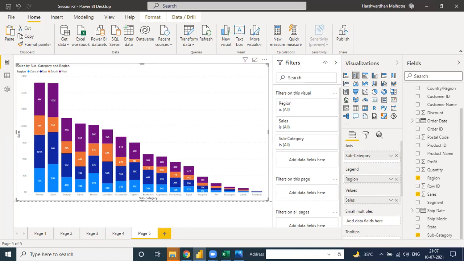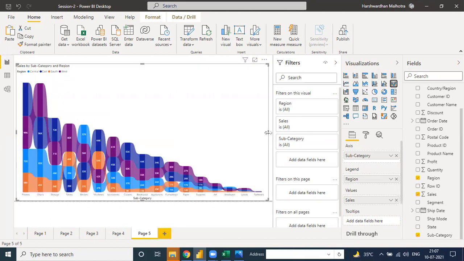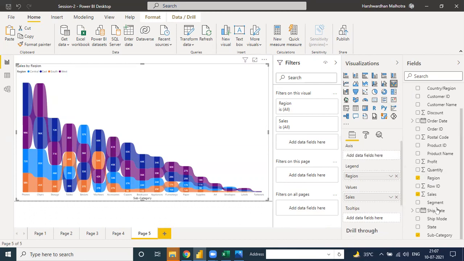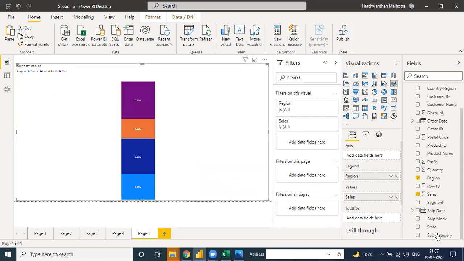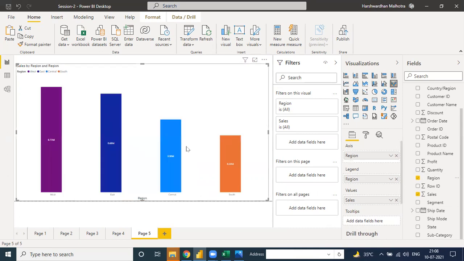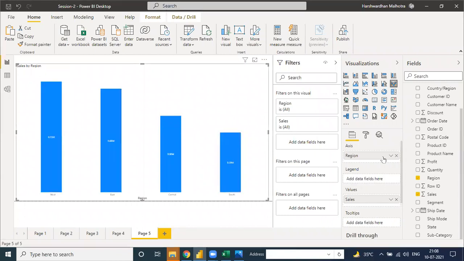So for this chart, let me show you. We do not need subcategory. Suppose we need region-wise.